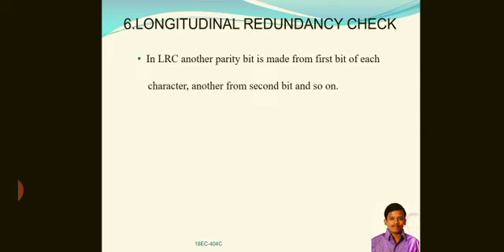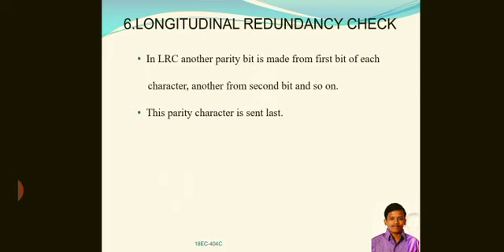That is, each character means each block, and likewise from the second, up to the total blocks. For example, taking the same example, 64-bit data, assume that 8 characters or 8 blocks are there. From each block we are taking 1 bit. That bit may depend upon either odd parity or even parity.